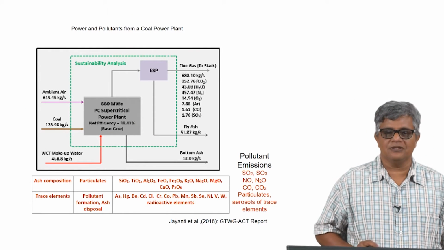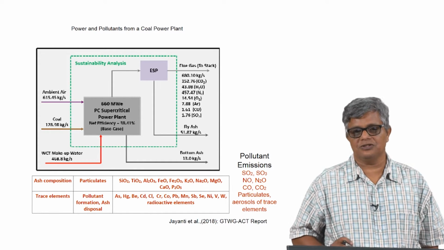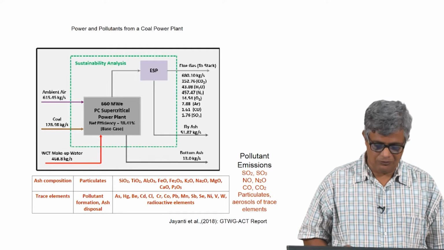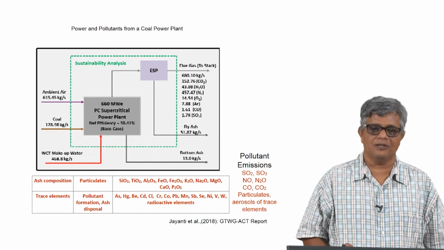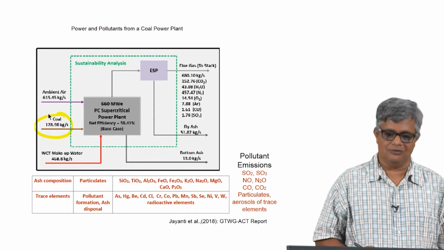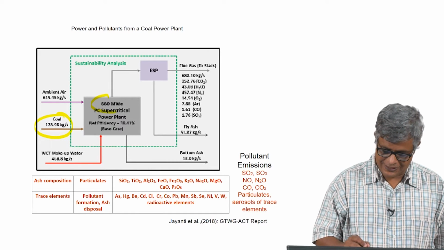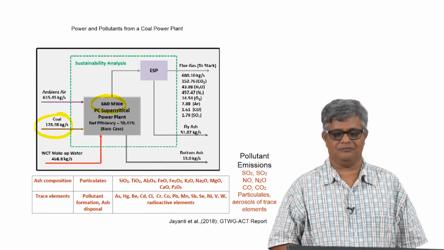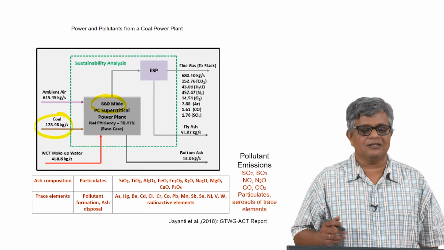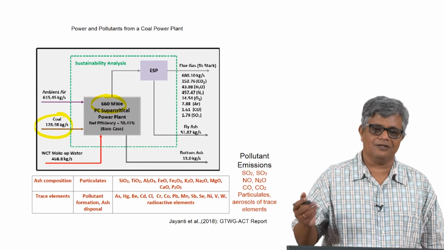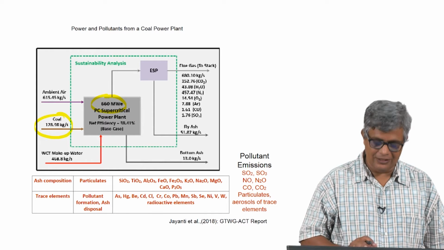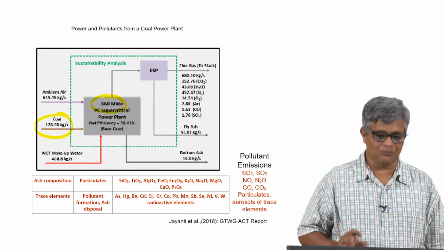So, what is the problem with power generation using fossil fuels? Here we have a schematic diagram of what actually comes out of a coal power plant. About 130 kilograms per second of coal is being used to produce 660 megawatt electric power. 660 megawatt of power is maybe one of 3 power plants supporting the needs of a big city like Chennai and its surroundings and industry. So, it is not a big amount, but it is not a small amount.